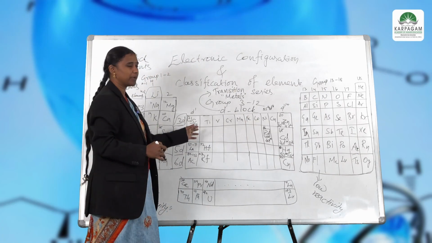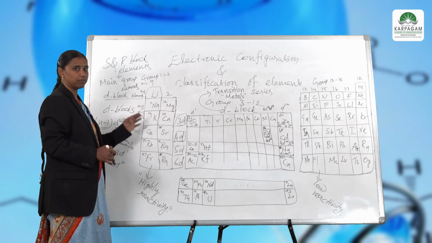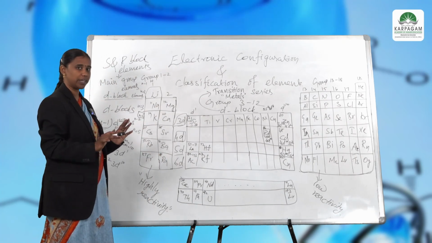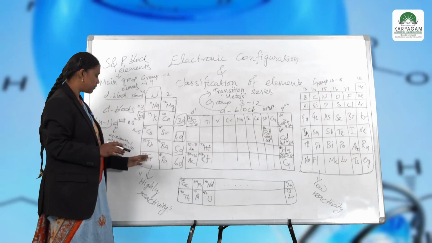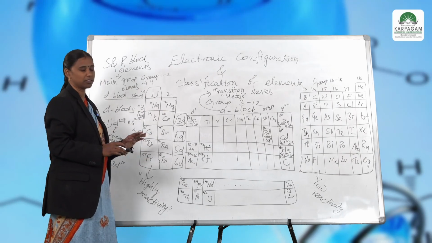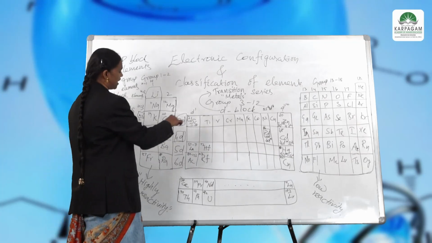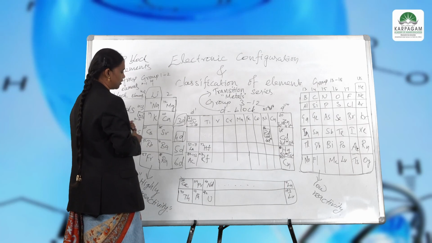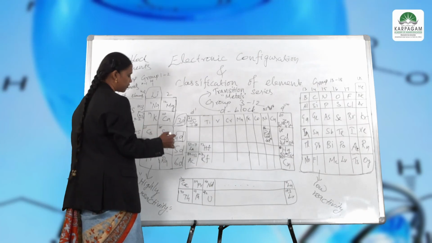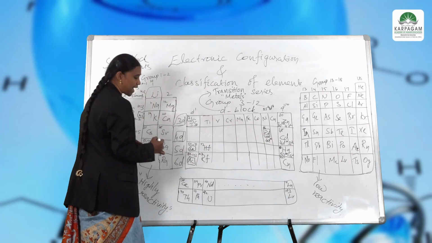There are no metalloids and no semi-metals, and the s block elements also all belong to metals only. The first row is called alkali metals and the second row is known as alkaline earth metals. Okay, in the d block the collection of elements called lanthanide and actinide,